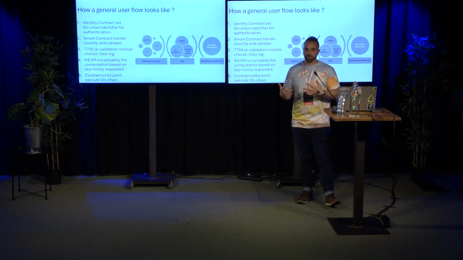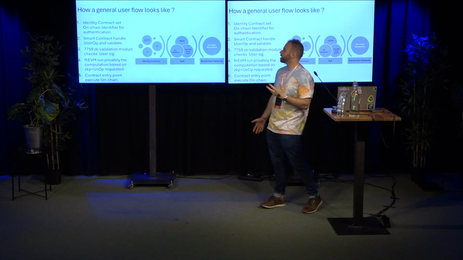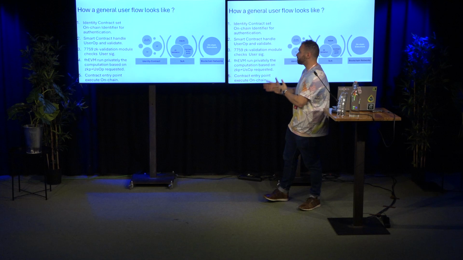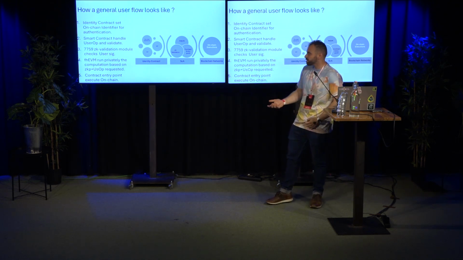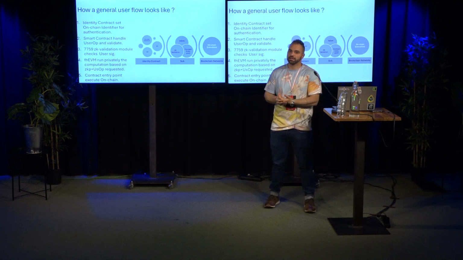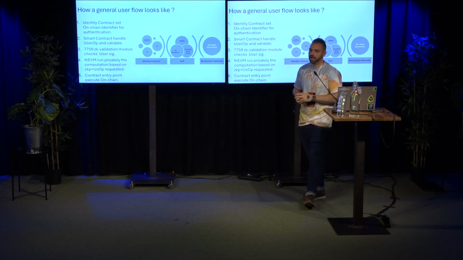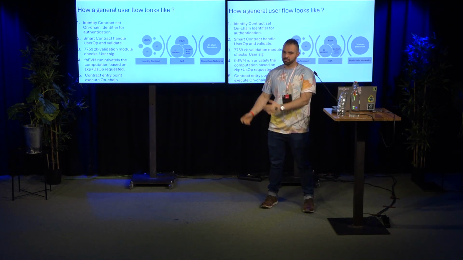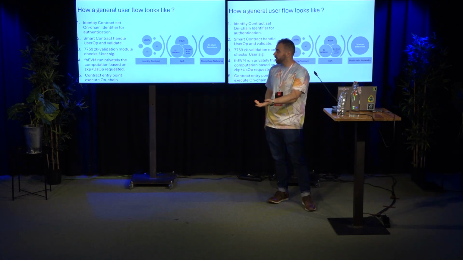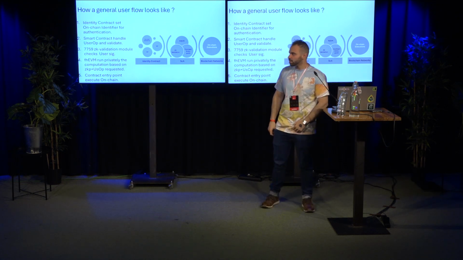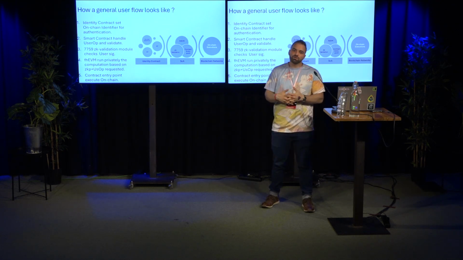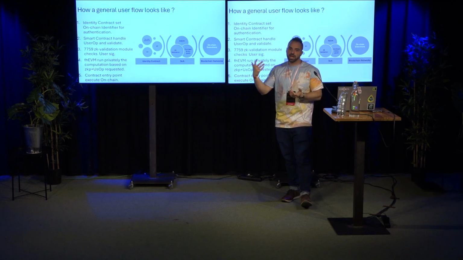This is what our general user flow would look like. That's where I think we can spend a little more time. Essentially, these three product features are combined together. The first one is an identity contract, as I mentioned before, which is used by the user to create attestations, which are proofs on claims that they request to execute an action on chain. And this can be taken by a smart contract on-chain attestation, by NFT minting, or soulbound token minting. So essentially, I am creating my on-chain identifier state for expressing what I want to execute on chain